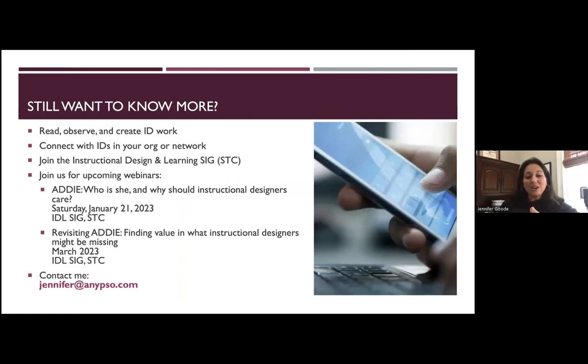And then we've got 2 upcoming webinars in this series. One in January, I'm going to talk more deeply about ADDIE, and we're going to have 5 exercises to go through each one of those steps to bring them to life and give you yet more portfolio elements to put out there for future hires. And then we'll come back one more time and talk about ADDIE and find what might be skipped over and what might be missing and how to capitalize on that. So I'm going to uncover some untold stories and bring some extra value in there.